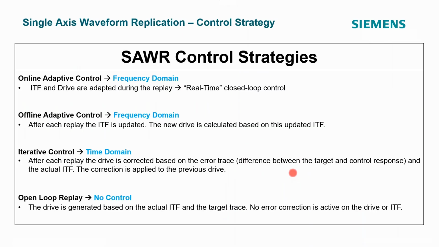The way we control this, there are different choices of control. This is what we call online adaptive control, and this is actually done in the frequency domain. We can do this in real time, updating our transfer function or SysID and adapting on the fly as we're playing out the signal. We can achieve a better transfer function. We do that in the frequency domain, but in the end we want to achieve a better time domain target.